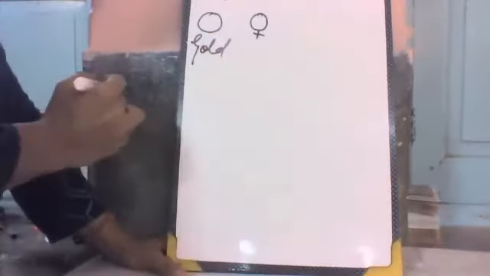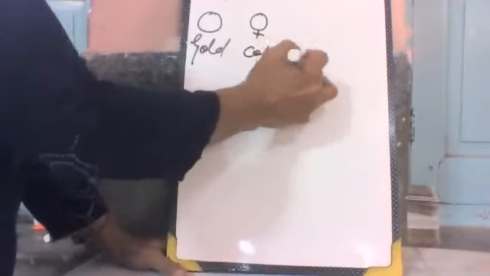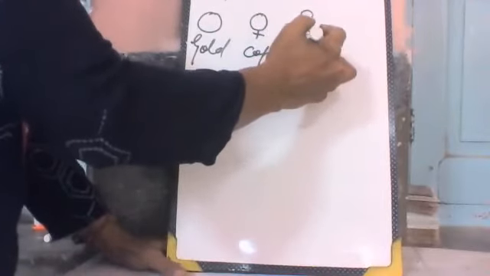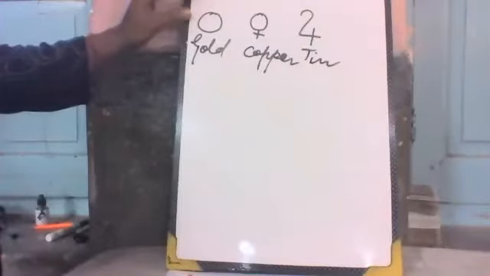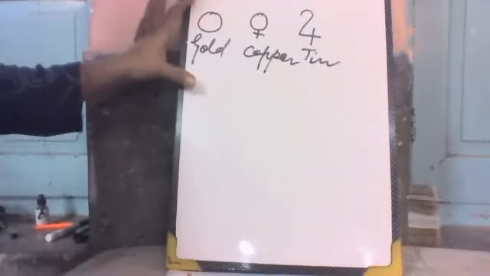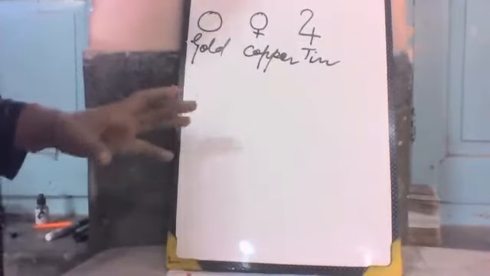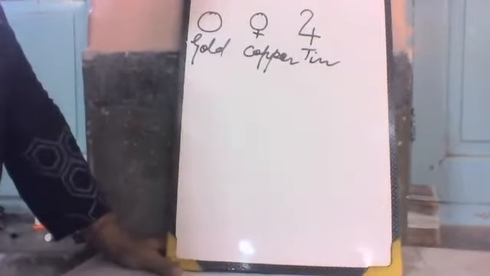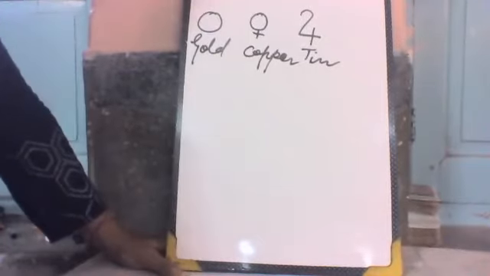Here are some symbols. A circle is the representation of gold. A circle with a plus sign is known as copper. The representation of this is known as tin. Different kinds of symbols were given to represent elements, but it was difficult to write and explain things. So after that, John Dalton came and proposed the use of symbols to represent the atoms of various elements.